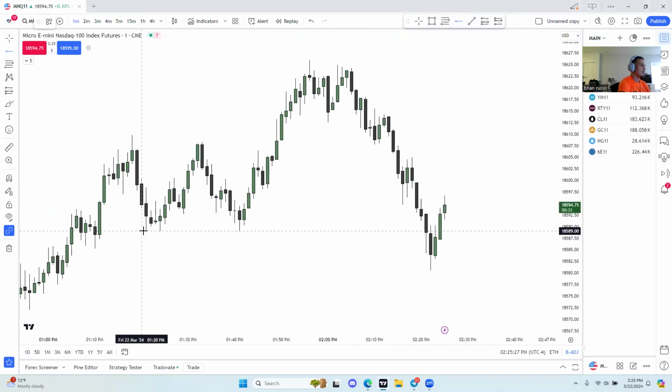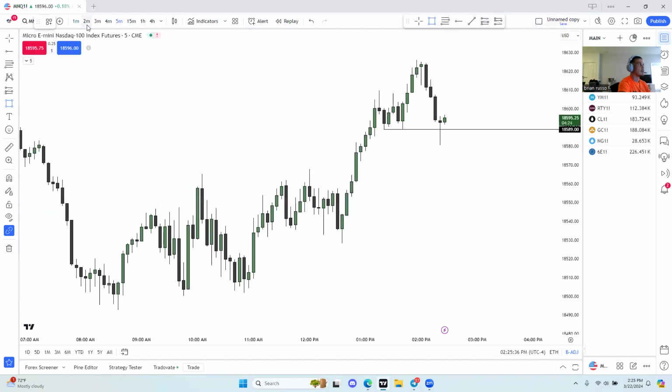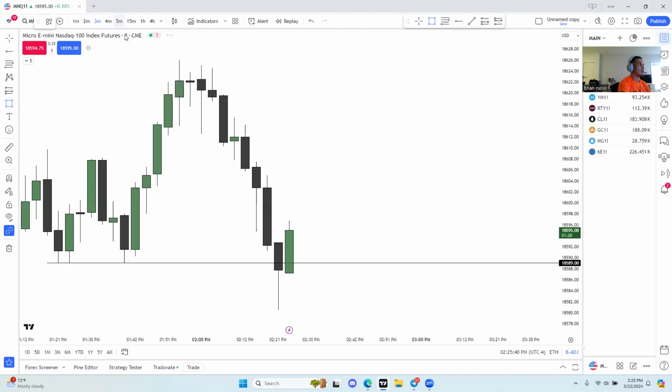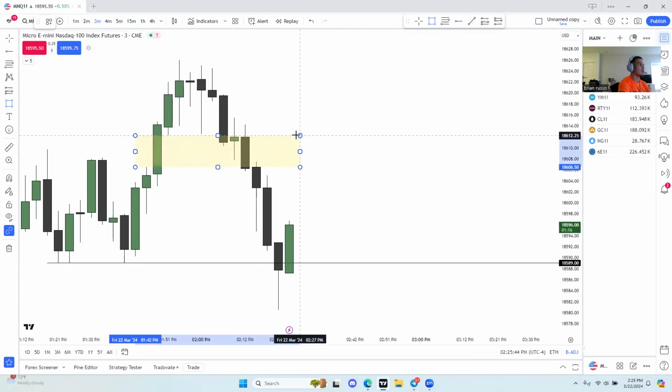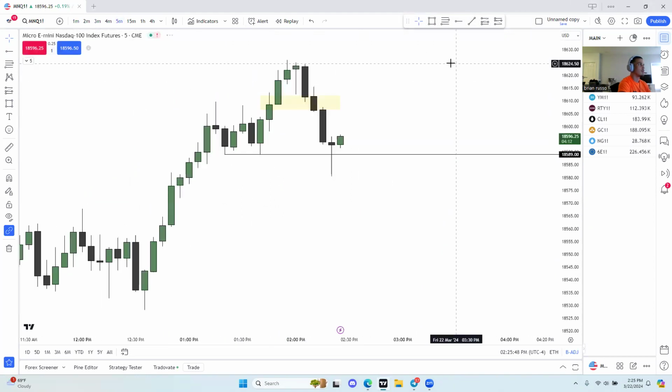Actually, since we're here in the moment, I saw these equal lows right here, these triple equal lows. There was a short to it. On any time frame you saw, there was a short to it. You could have taken the 3 minute inverse, but the reason that would have been a good play is, I know I'm jumping right into it, but there's your inverse. The reason that would have been a good play is because,